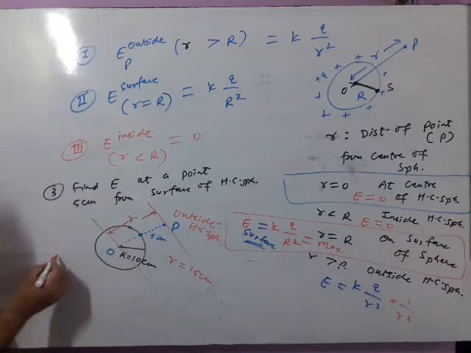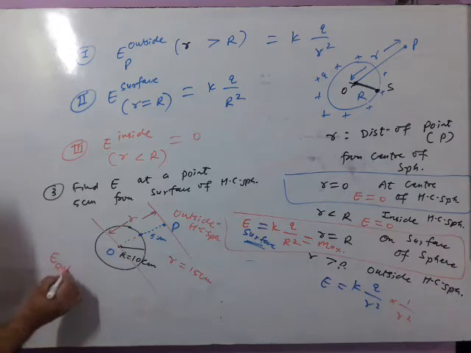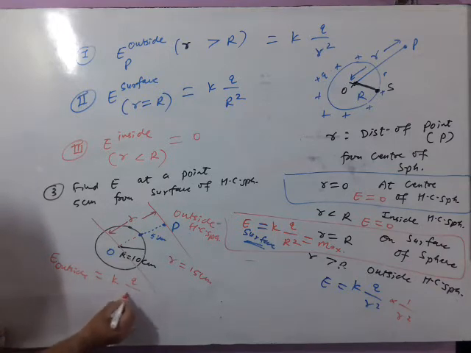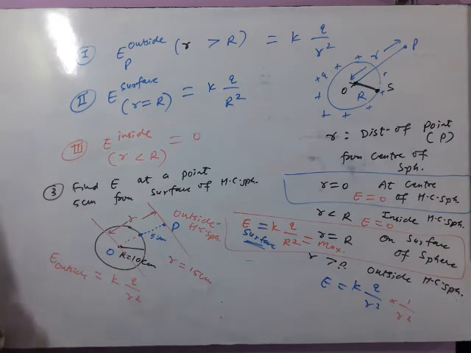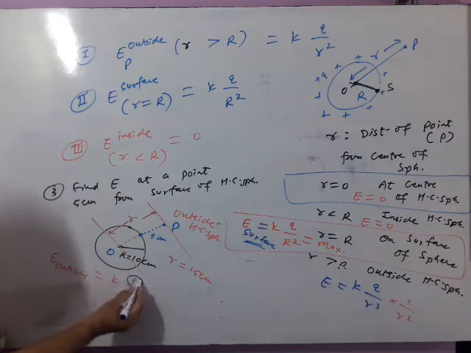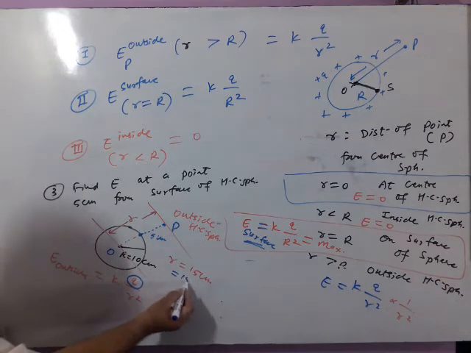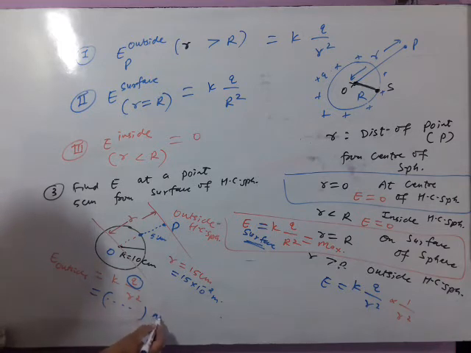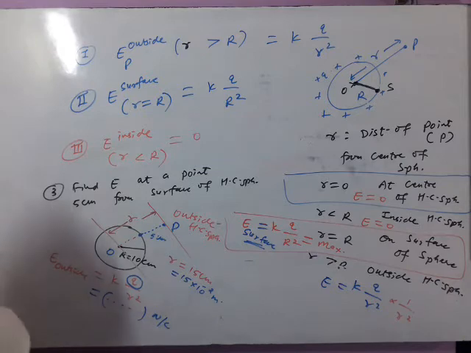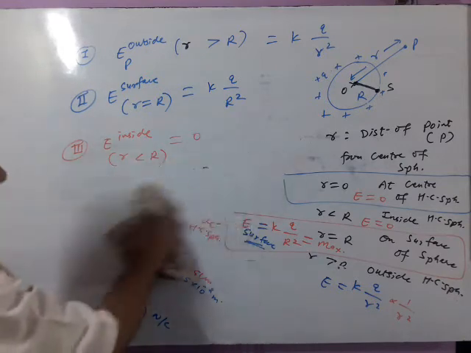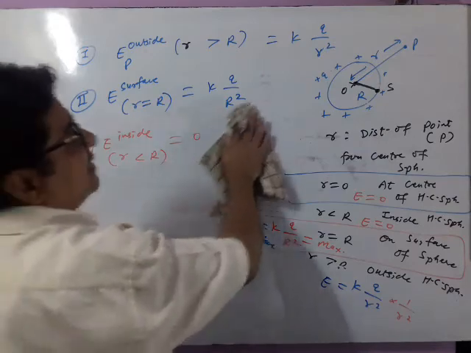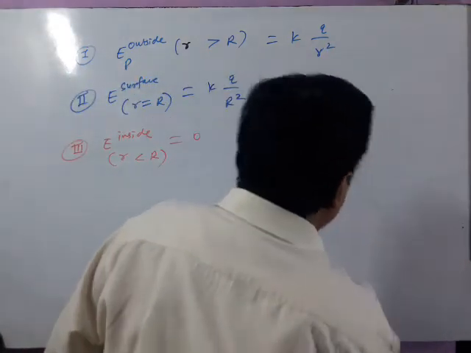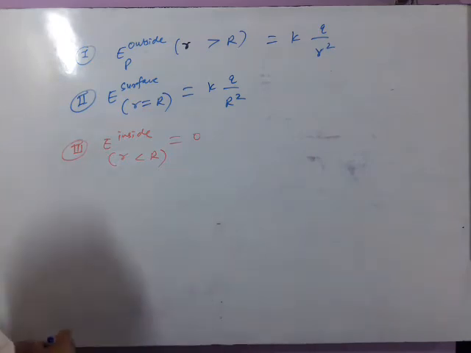Outside. So you see, electric field outside a hollow conducting sphere has the formula kq by r square. Point number 1, charge given in microcoulomb, change it to coulomb; radius given in centimeter, change it to meters. Now put the value of k, Coulomb's constant. After solving, you will have to write the units of electric field in Newton per coulomb. See, the same derivation can be asked like this also. This is called the next part of the same topic.